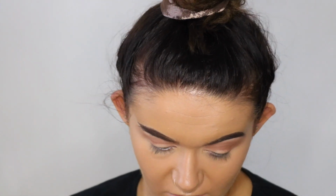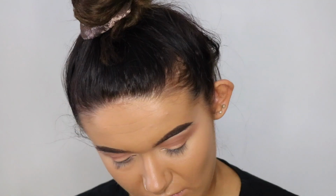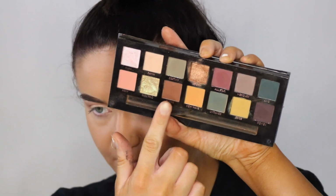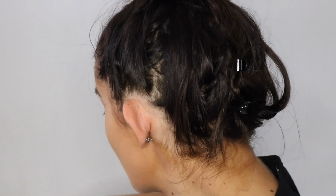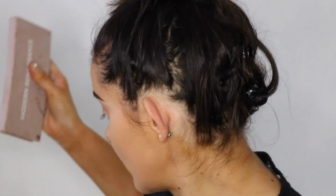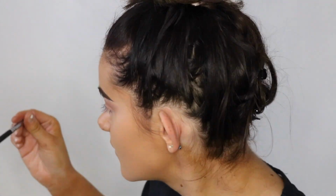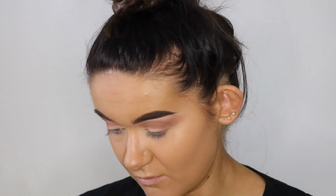Right, I just had this idea while I've been sat here. I've never used my ABH Subculture palette, and it's got a khaki green in it. I can't remember which shades in here are good. I think I'm going to go with Destiny, and I'm just going to put this on my lid. This probably will go horribly wrong, but then I'm going to add a bit of one of the Stila shadows over that palette. I'm going to take a Zoeva, this is actually a Zoeva 227 Luxe Soft Definer brush, and